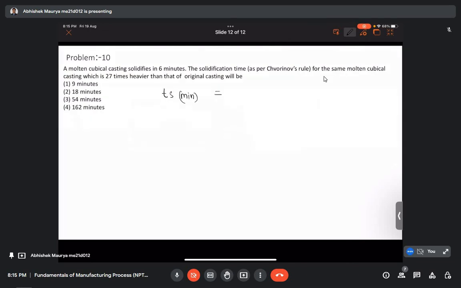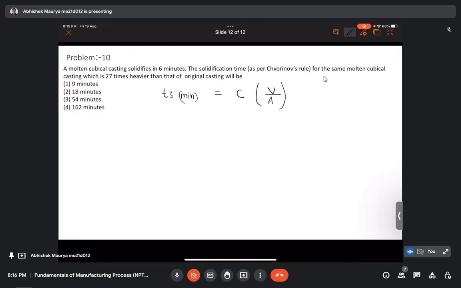Solidification time of anything, it may be the casting, it may be the riser, or anything, will be equal to C multiplied by (V upon A),